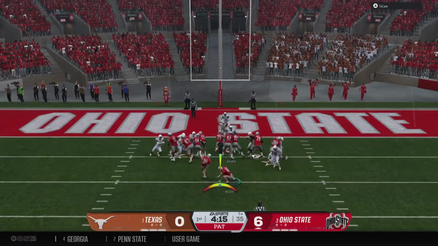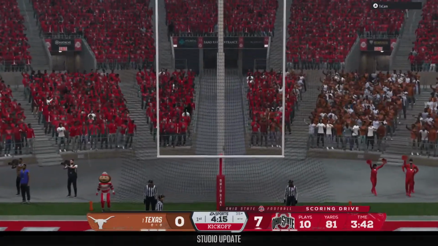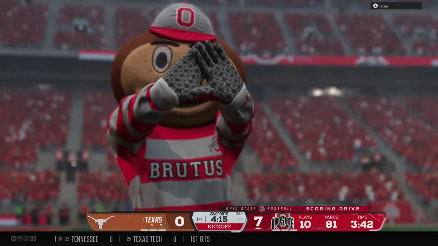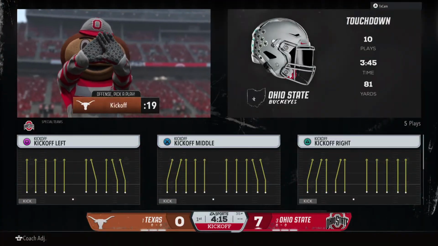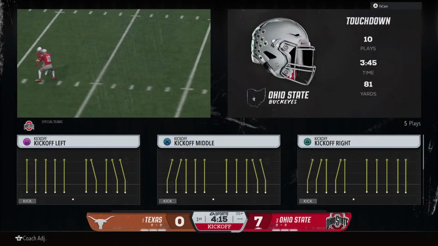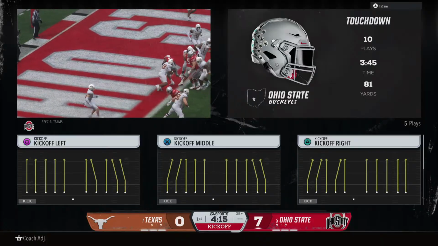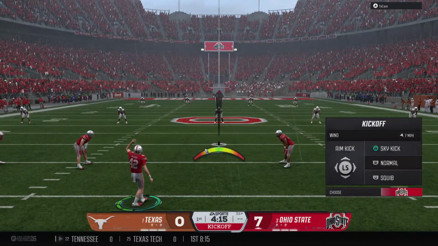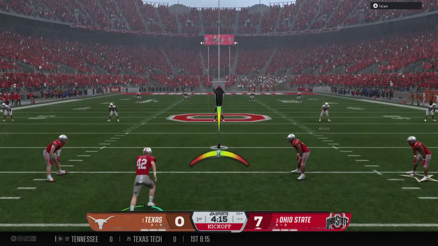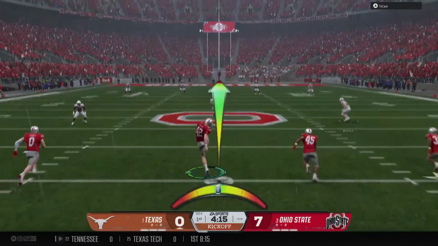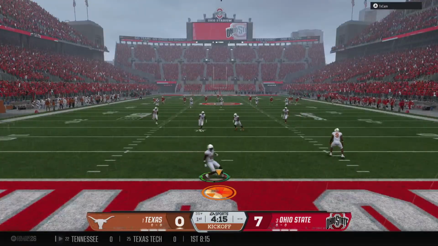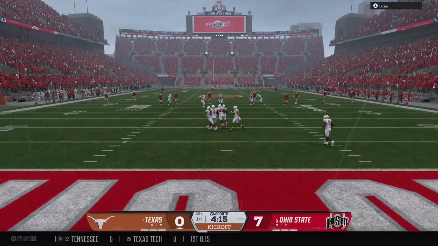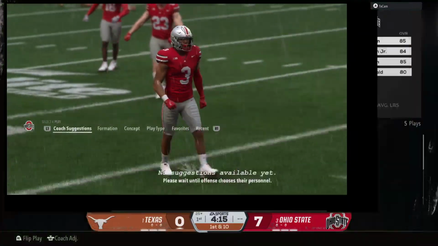Every single time they gave him the ball, he's getting positive yards behind that big offensive line. And if I'm the defensive coordinator, you better make some adjustments and do it in a hurry. You got to get more guys committed to the line of scrimmage to stop this run game. So after putting up the touchdown, the kickoff team is out there to boot it away. Kick bounces out of the back of the end zone for a touchback.